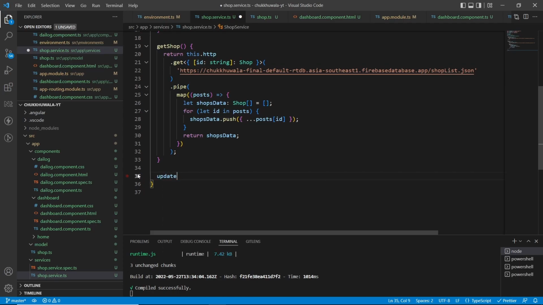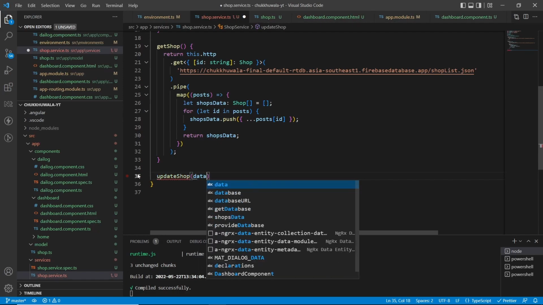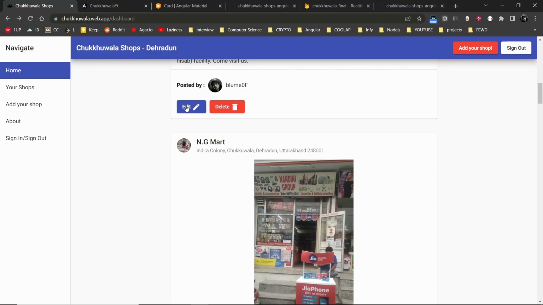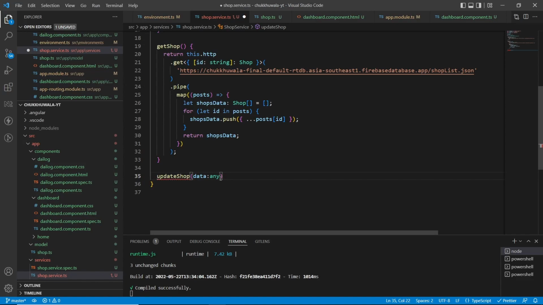So now I'll create a function for update shop. I'll pass the data that I need to update. I'll pass that from when I hit this edit button, so I'll pass all the data to this service. And I'll pass the ID also, which I need to update, and I'll say return this dot